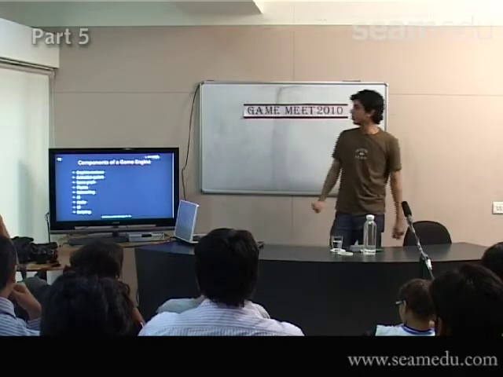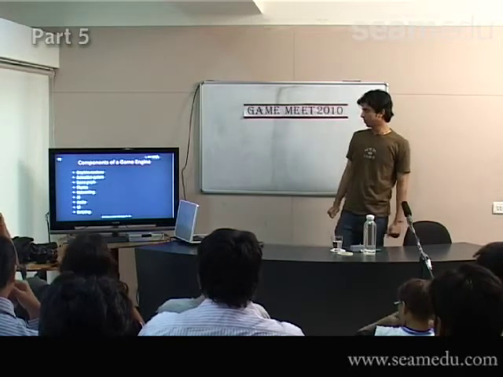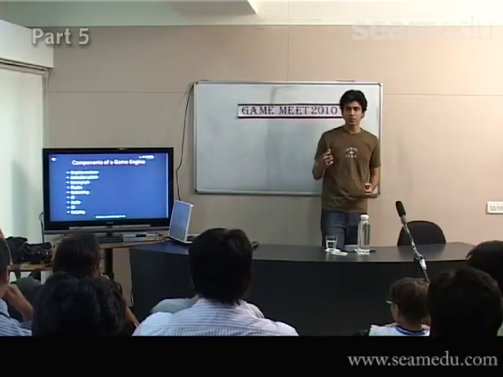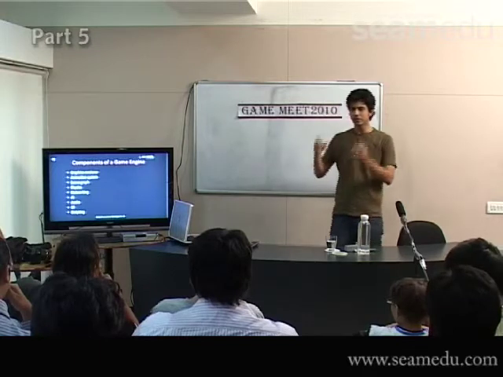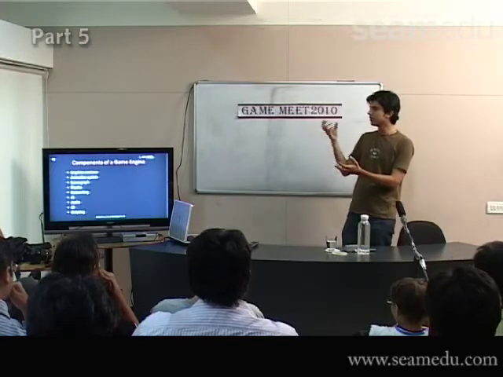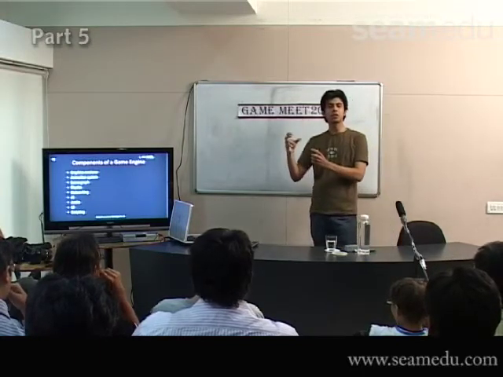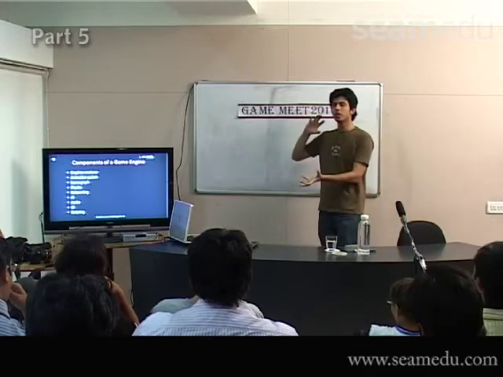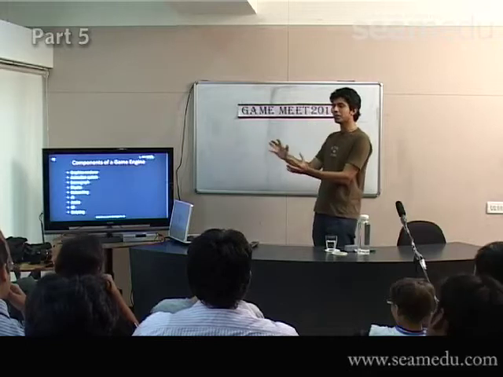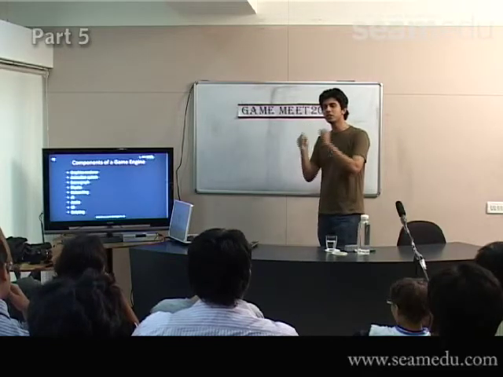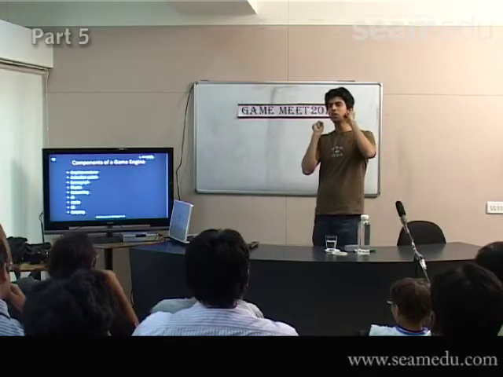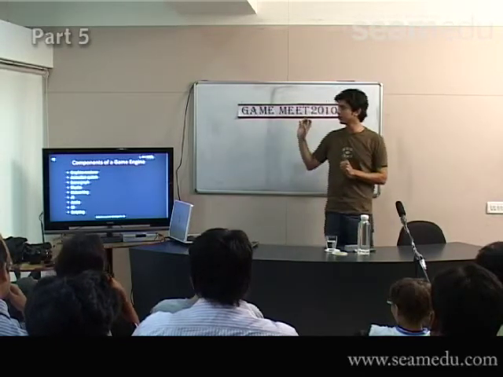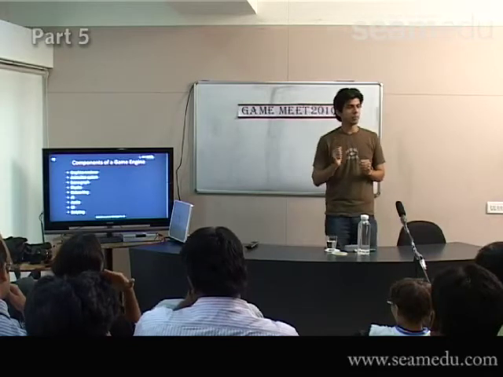So what are the different components of a game engine? You have graphics, obviously graphics need to be shown on the screen. Your 2D graphics, 3D graphics, all of that. This whole component is actually called a renderer, a graphics renderer. 2D, 3D, doesn't matter. But some part of the engine, some part of the code which is dedicated to the one function of showing graphics on the screen. So a graphics renderer.